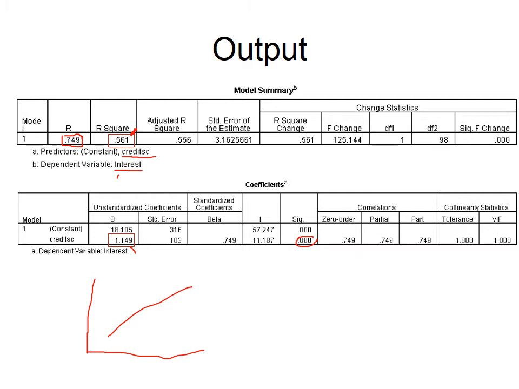What this is basically telling us, this is a simple regression. We're fitting a straight line to the data, and we can actually come up with a regression coefficient. Basically, our constant is 18, so we start off at an interest level of 18, and for each credit, they go up 1.15 units of interest. So we have a straight line function. We see that the slope is positive, so we're going in a positive direction, meaning the more credits you take, the more interest.